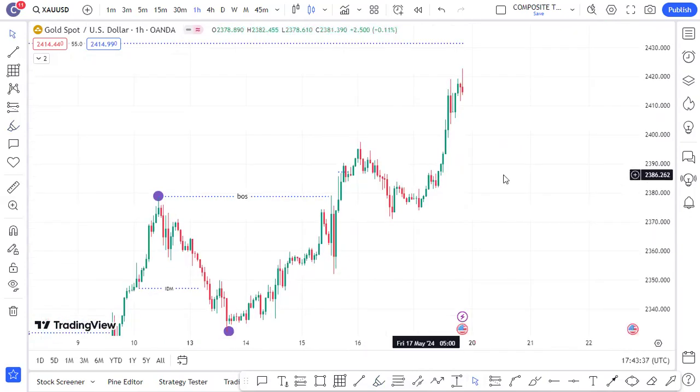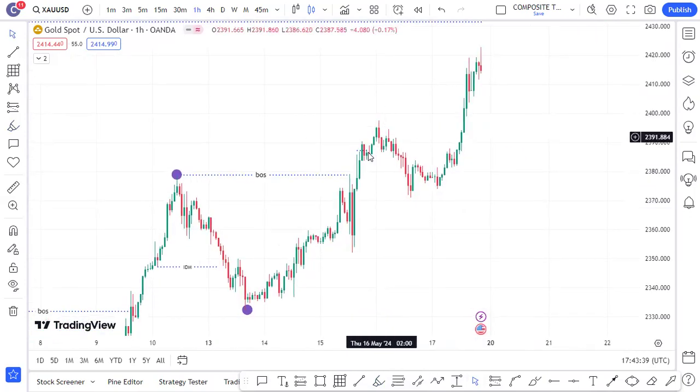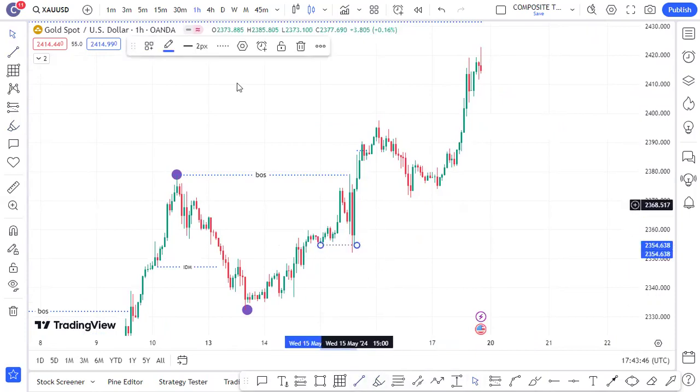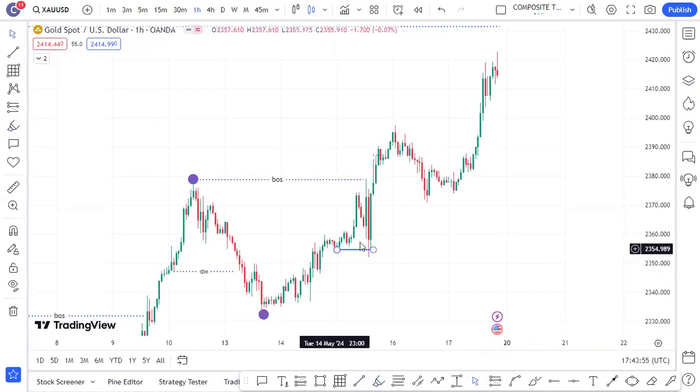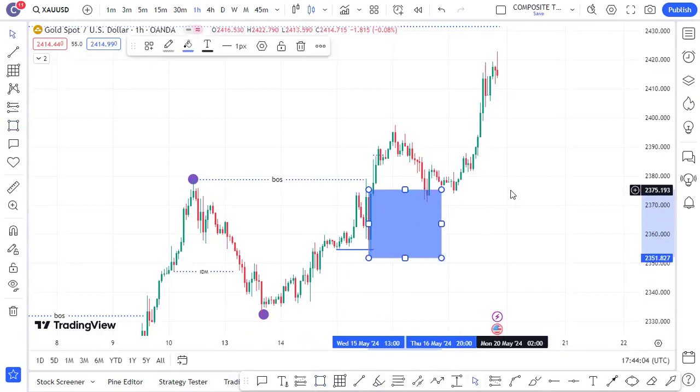And what's our new inducement on this structure? Right now, we do not have inducement because the last move was this sweep of liquidity here. Once we got the sweep of liquidity, the pair kept moving to the upside. And remember, once liquidity has been swept, you don't need inducement. When you look at this candle, it swept liquidity. The moment the market sweeps liquidity, you don't need inducement. But if it does not sweep liquidity, then you need inducement.